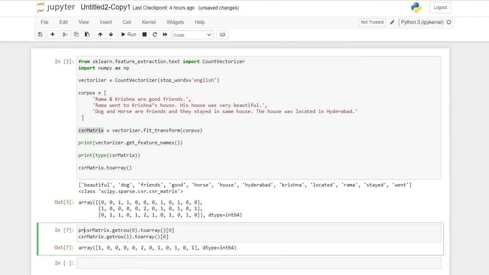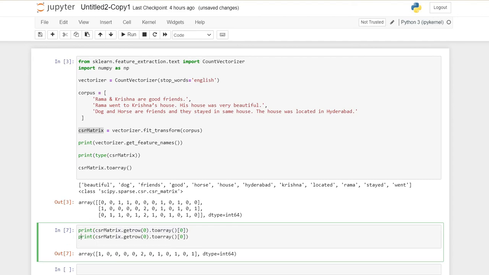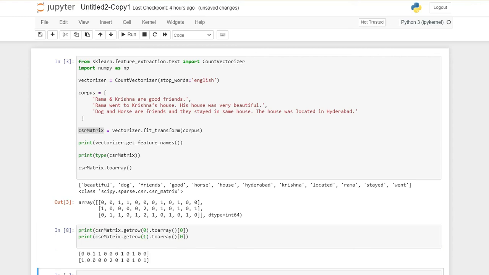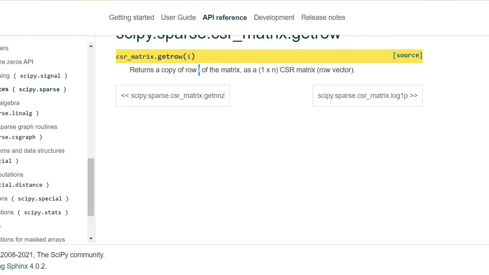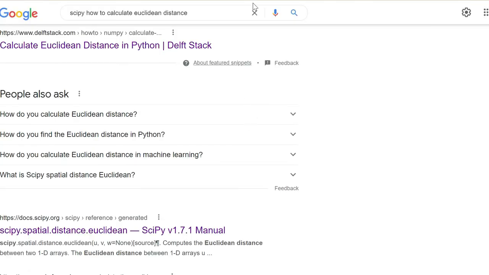So we can just print these two so that both get printed. Okay, so these are the 2 points, point 0 and point 1. All I need to do now is calculate the distance. I need to calculate the distance between these 2 points, right? We have already seen how to do it.